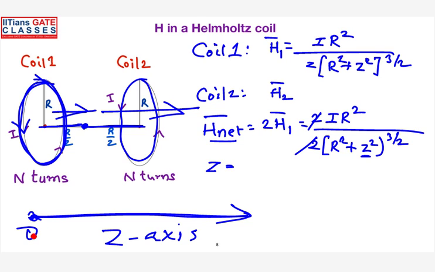Okay, but since we're calculating between the two of them, if you're calculating on the right side of coil 1 and coil 2, it will be the sum of both because both are in the same direction. But now that we're calculating in between the two coils, we still take H2 to be positive? No, that's what I was telling, because wherever the point of observation lies, not only here, not only here, it is going to be additive only. That's what I was telling. I still didn't understand why you are saying that it will be negative, in the opposite direction. I still didn't understand the logic.